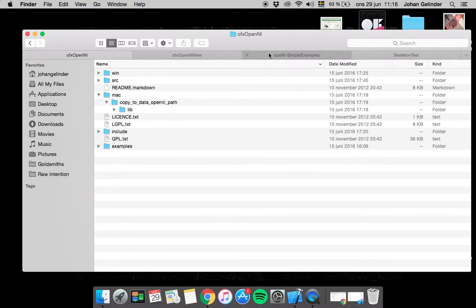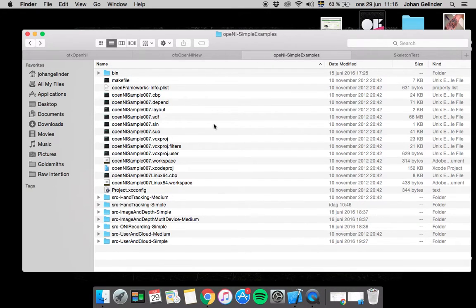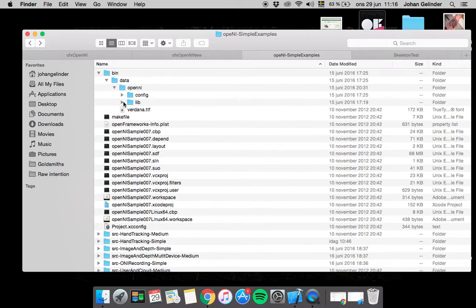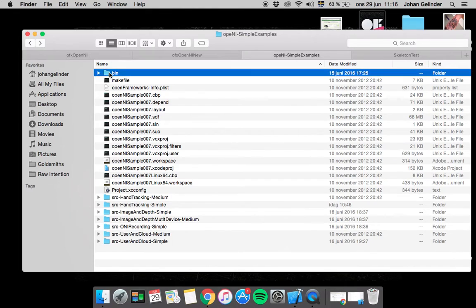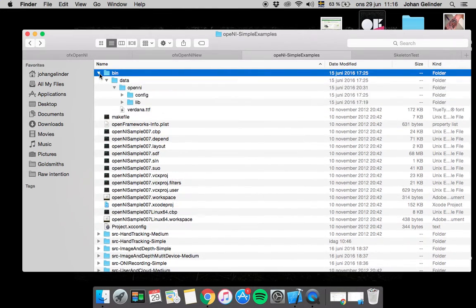I have it open here, with everything that is in the examples folder. What you need is to take this bin folder and replace the one inside the project, because this bin holds